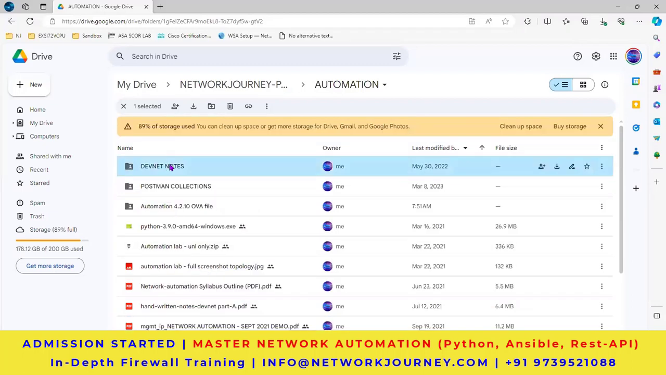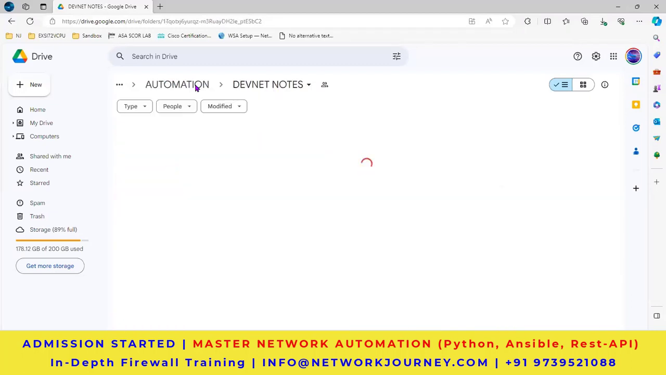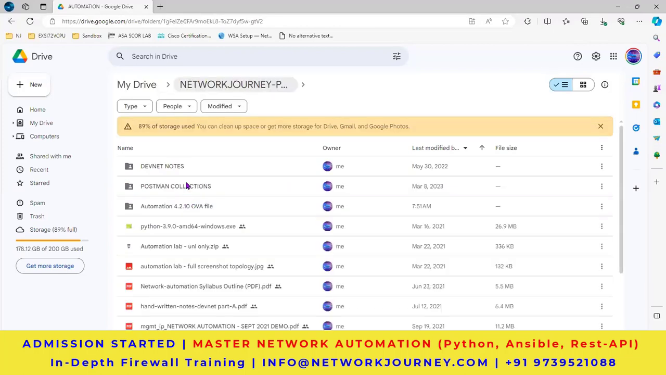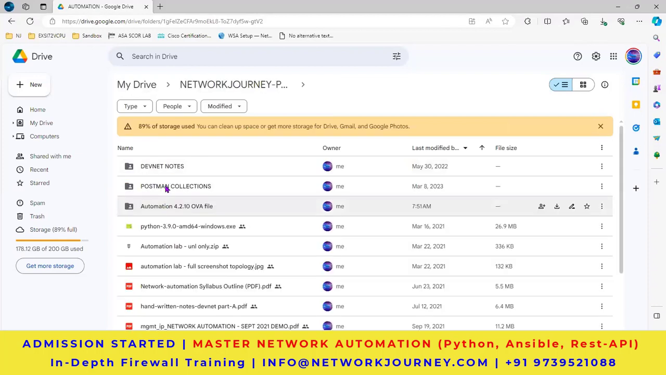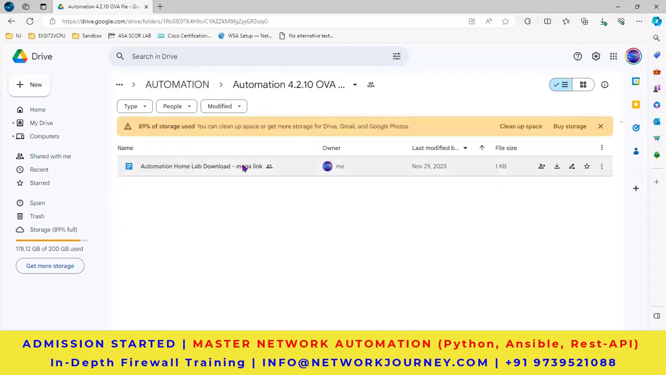So this will come later on in the DevNet section. These are also somewhere later for APIs. This is your file. It's basically a Mega link. You go to the Mega link. Better use an app because